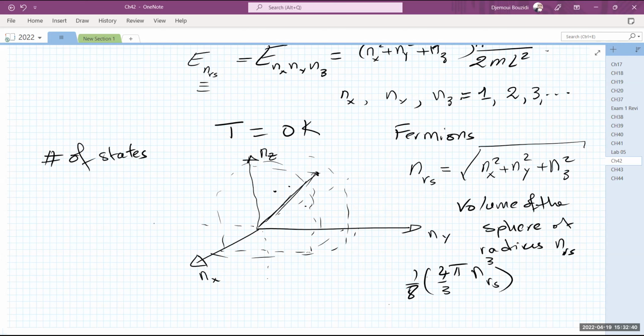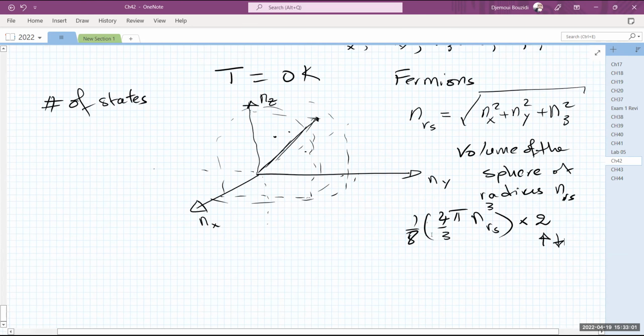That's number one. Number two, each and every one of those energy levels can be occupied by 2 electrons, because each electron can have a spin up or spin down. So if they can have a spin up or spin down, I can put 2 electrons in there without violating the Fermi exclusion principle. So this is basically the number of electrons at the end of the day, or the number of states in this case that are available